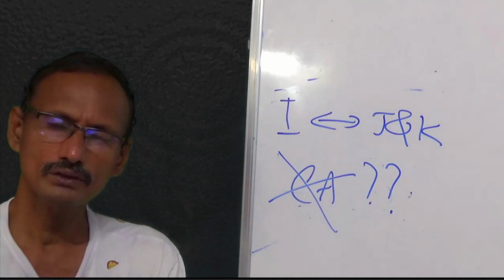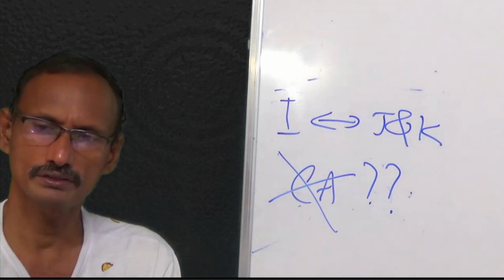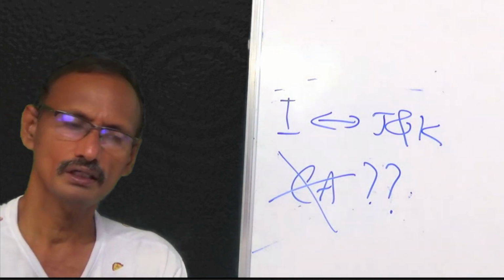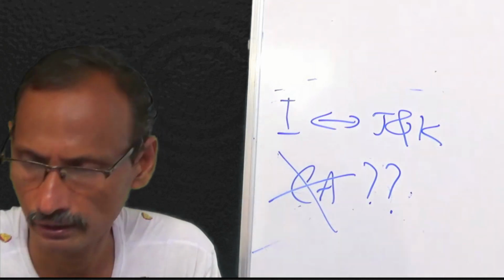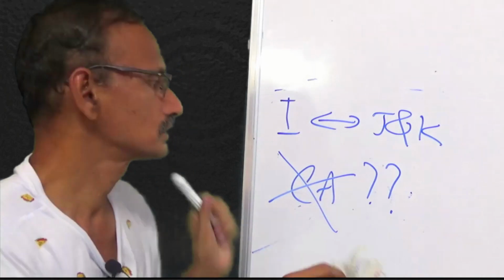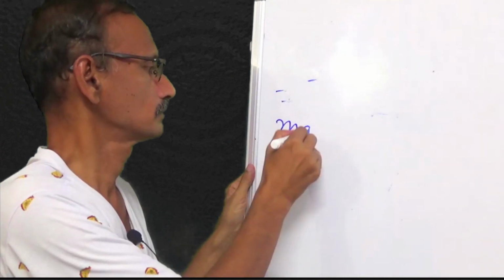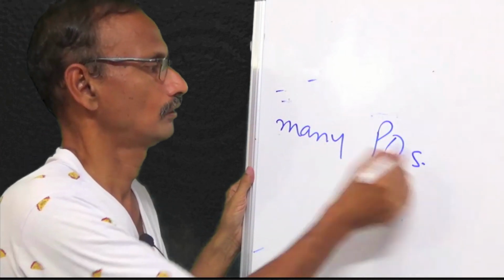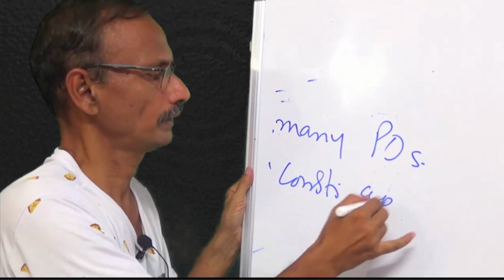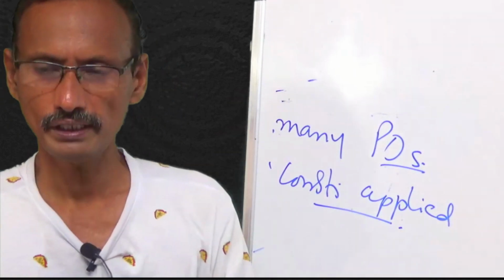So what India was doing was a series of presidential ordinances. But then the presidential ordinance needed to be approved by the Constituent Assembly, which was not there. So what India did was, many presidential ordinances were passed and many constitutional provisions applied. But the way it did was,